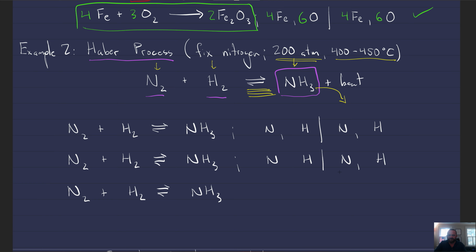All right, so let's count atoms. So we have 2 nitrogens and 2 hydrogens on the left. We have 1 nitrogen on the right and 3 hydrogens on the right. So let's see, what do we want to balance first? Well, there's nitrogen and hydrogen, and we're supposed to start with non-oxygen or hydrogen ones. So we will make the nitrogens agree. So I'm going to go ahead and put a 2 here,